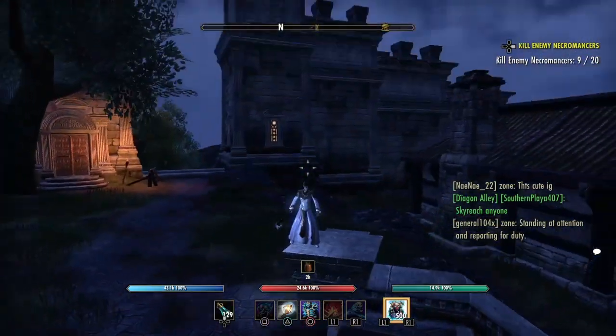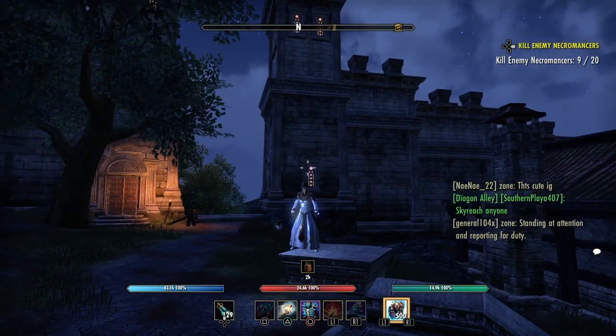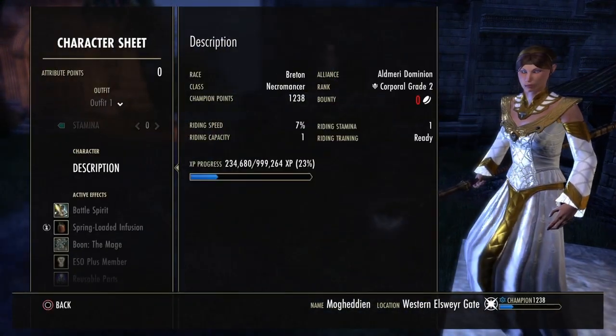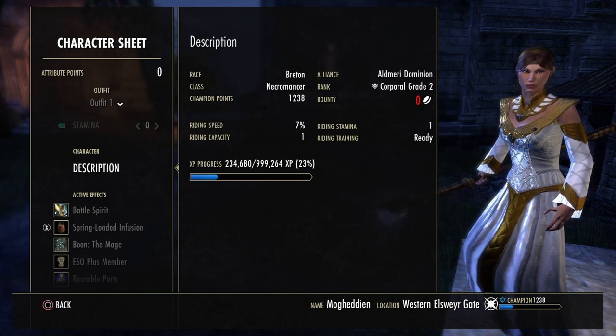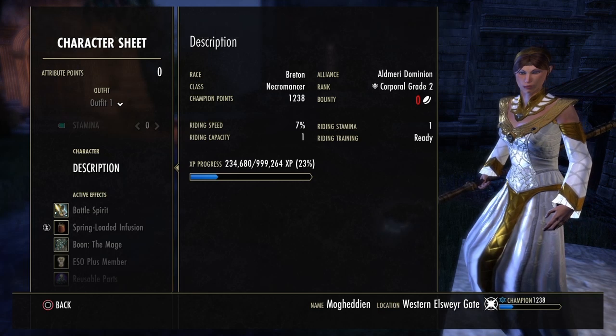My Mag Necro build for PvP. We'll get right into it, but first, the class we are a Breton, or race I should say. Dark Elf and High Elf will work. Dark Elf is really good playing into that max stat gameplay we're using. It's going to boost your stam up to about 1700, no Undaunted. We do not have Undaunted on this spec,